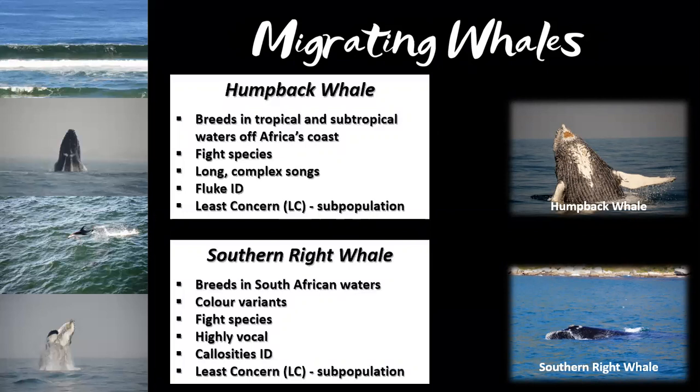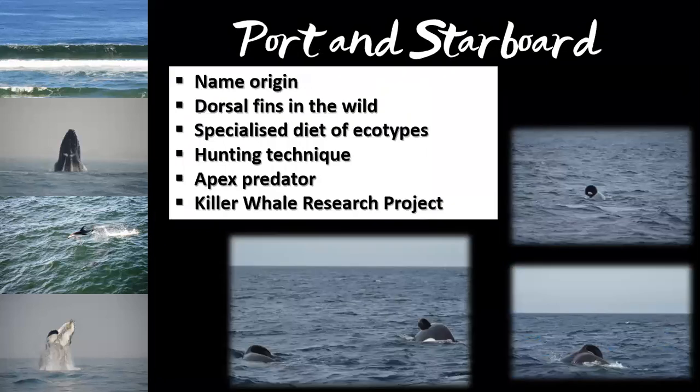Callosities, the white growths found on their heads, are not barnacles, but rather callous tissue, the size and shape of which act like a fingerprint for identification purposes. The global population of southern right whales is listed as least concern, but there is a critically endangered subpopulation found off Chile and Peru. There is a very cool pair that I would now like to introduce you to, Port